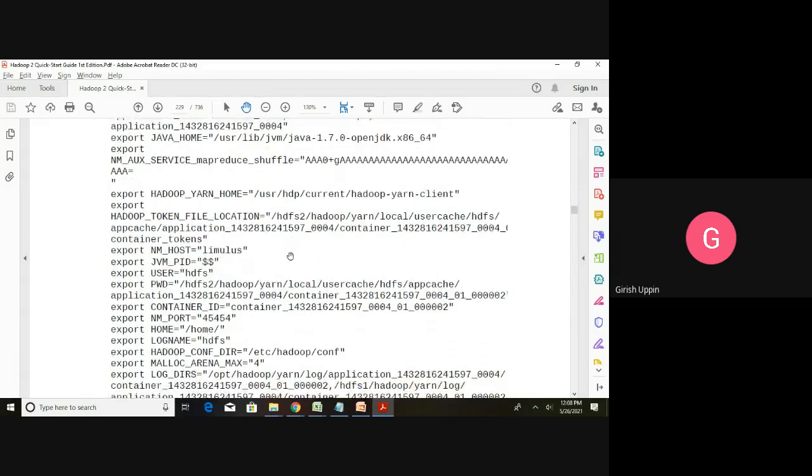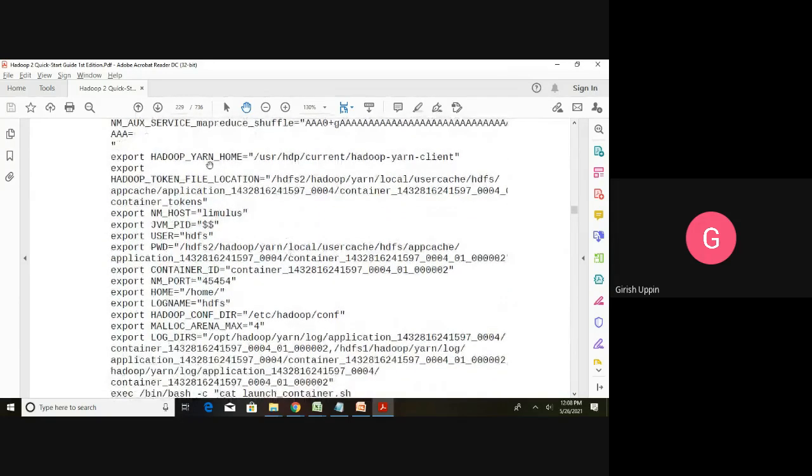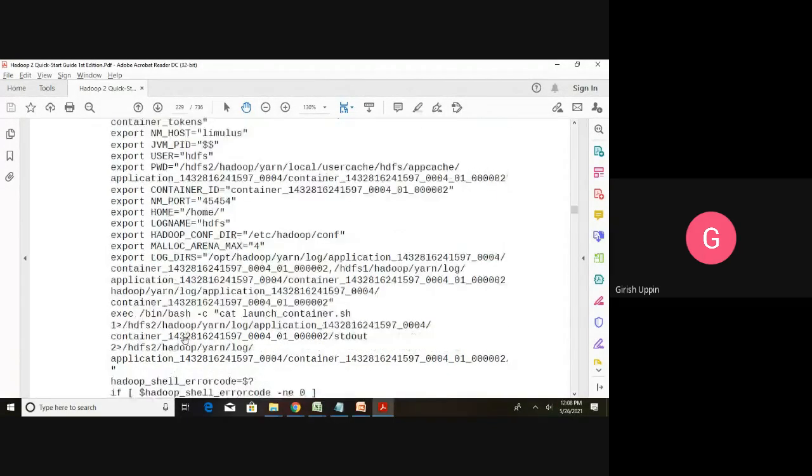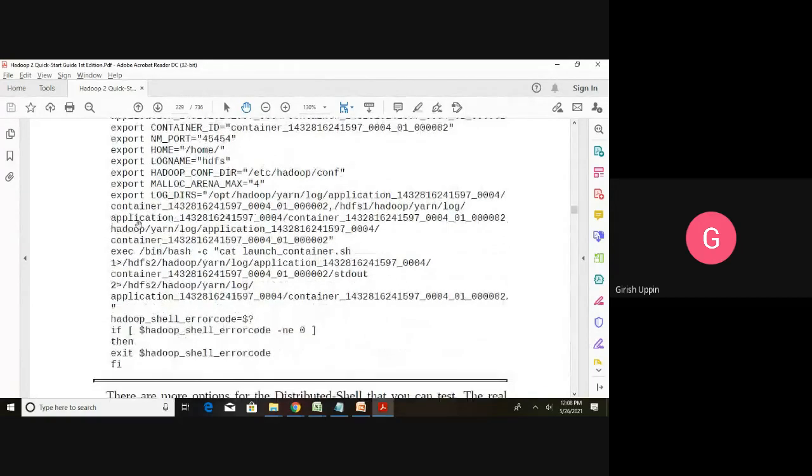It is using Hadoop YARN home, file location, JVM PID, user, container ID, NM port, log name, then the Hadoop configuration directory. So there are many environment variables that are set. These are log directories.